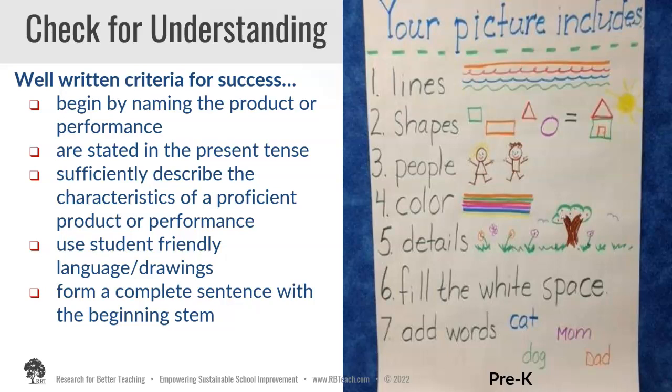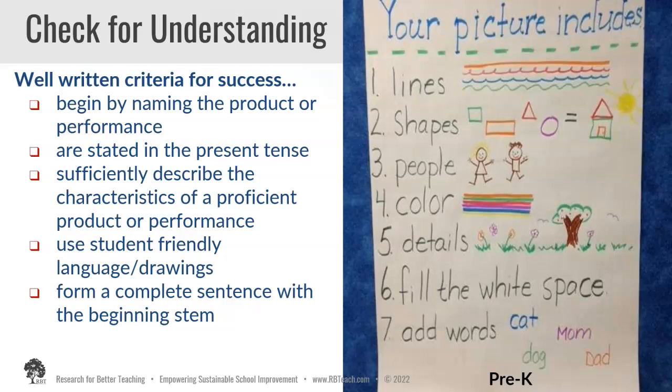For the most part, it hits those criteria, but I would say that we don't want to number criteria for success. Some students could read this as your picture includes one line or two shapes. Or they may look at the example there and say, do I need to have three squiggly lines and one straight line? Or they may look at those shapes and say, am I supposed to have exactly what that looks like? So it's not the best because of those numbers, and also because the student may interpret what's on there as